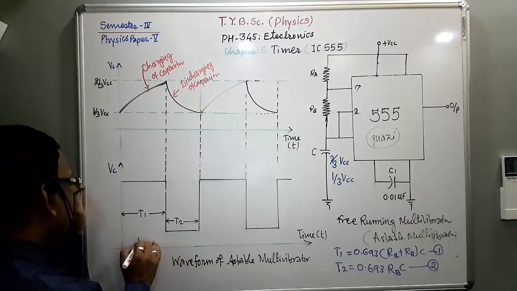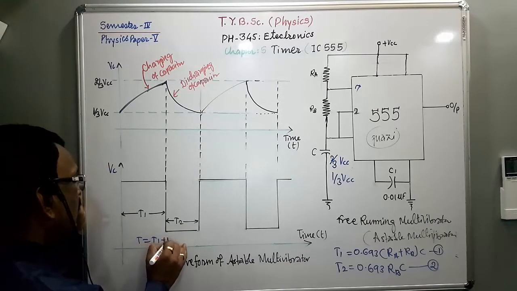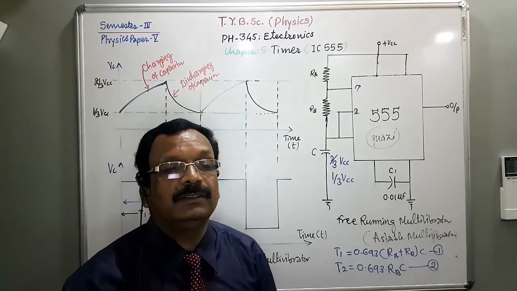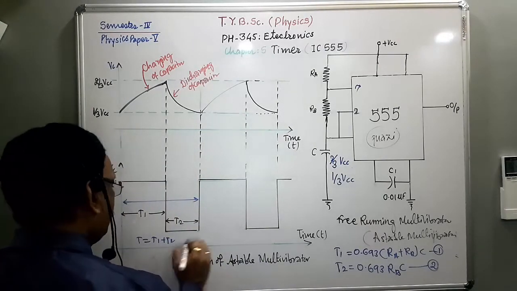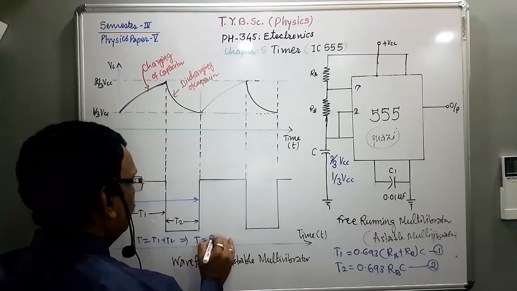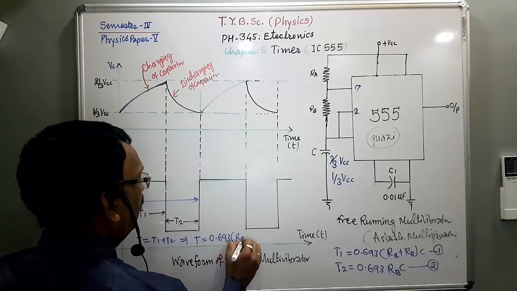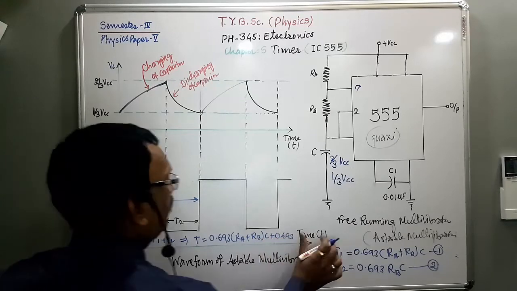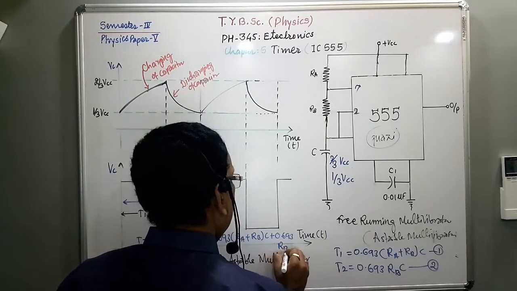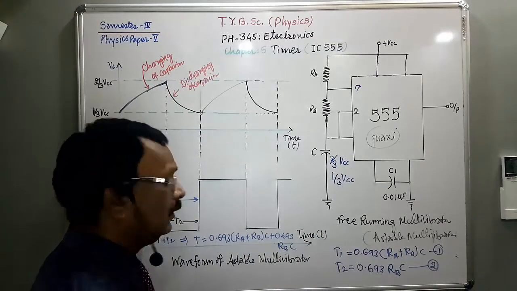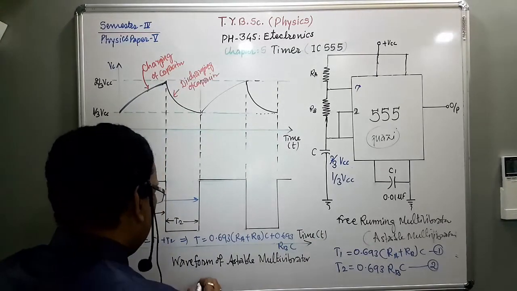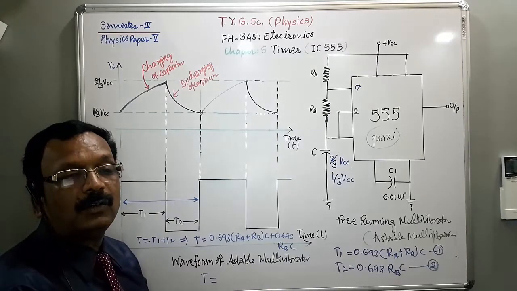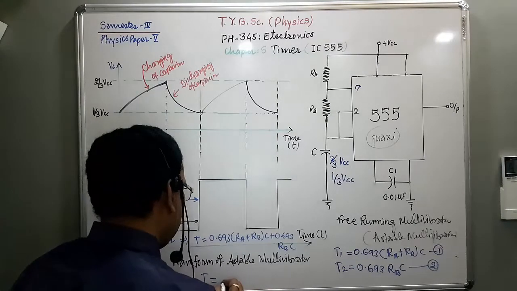So we can write T is equal to 0.693 (RA plus RB) into C plus 0.693 RB C. Or we can say the total time, or the period of the resulting waveform, is